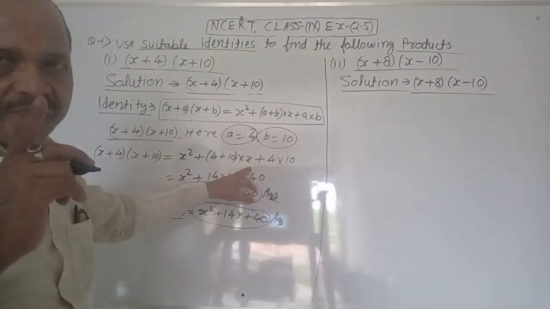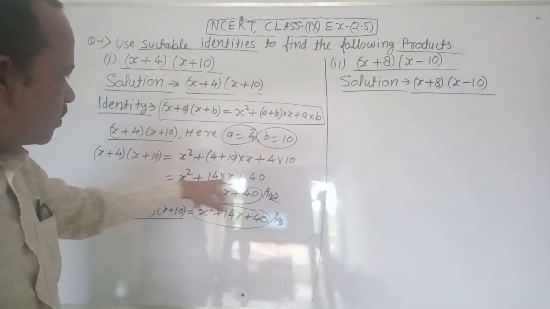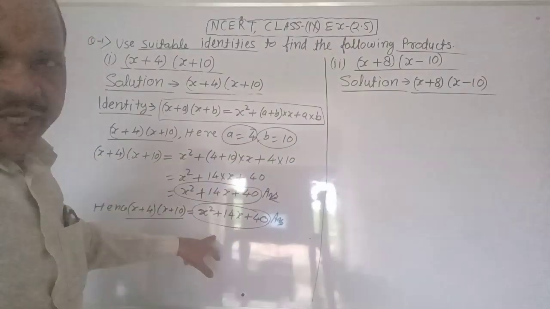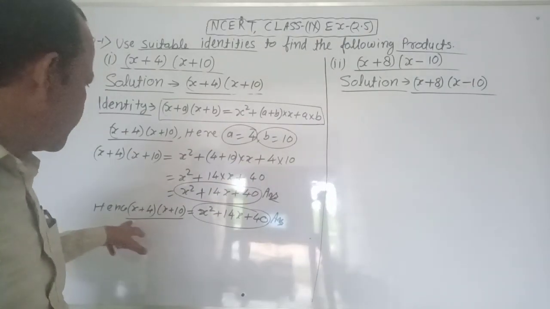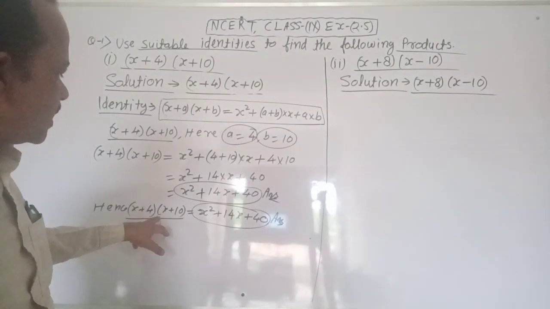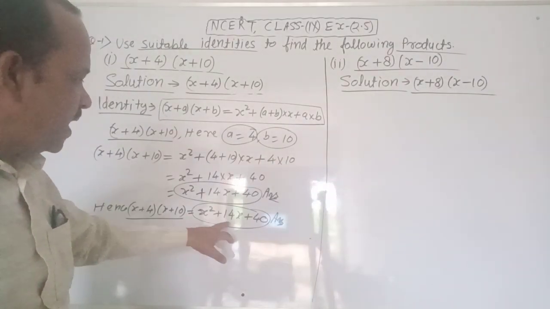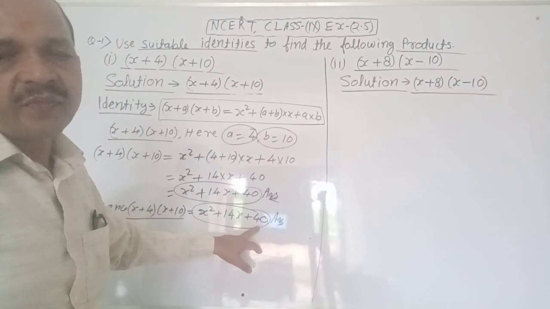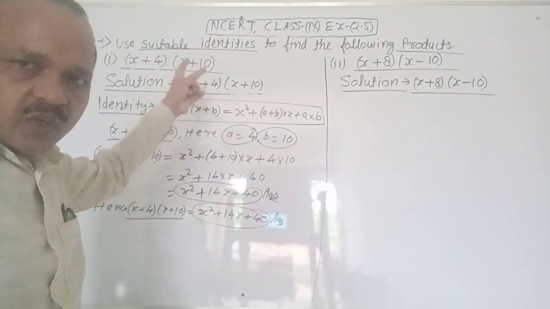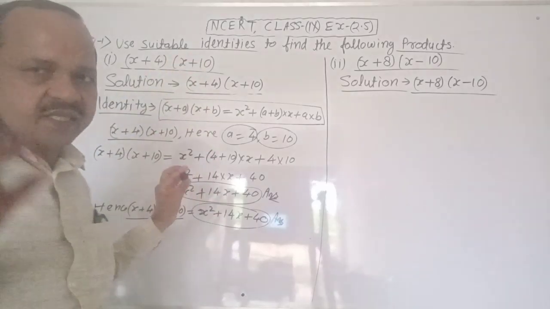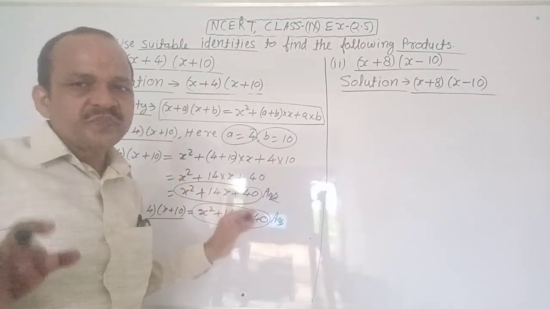Is it clear? You use a = 4, b = 10 and you find (x + 4) in the first brackets, (x + 10) in the second brackets equals x² + 14x + 40. It is clear, no confusion about it. Very good. Your solution is clear. Very good. Next,